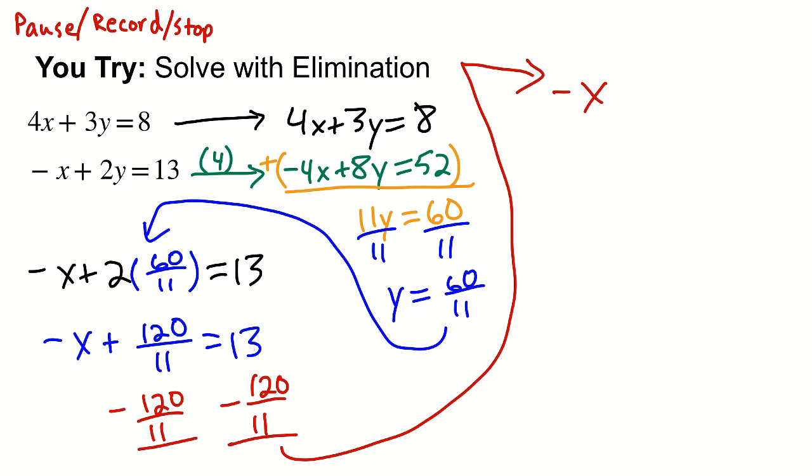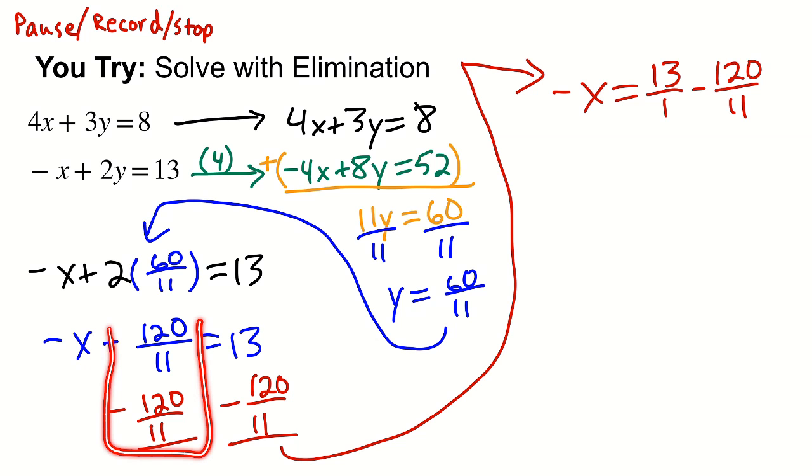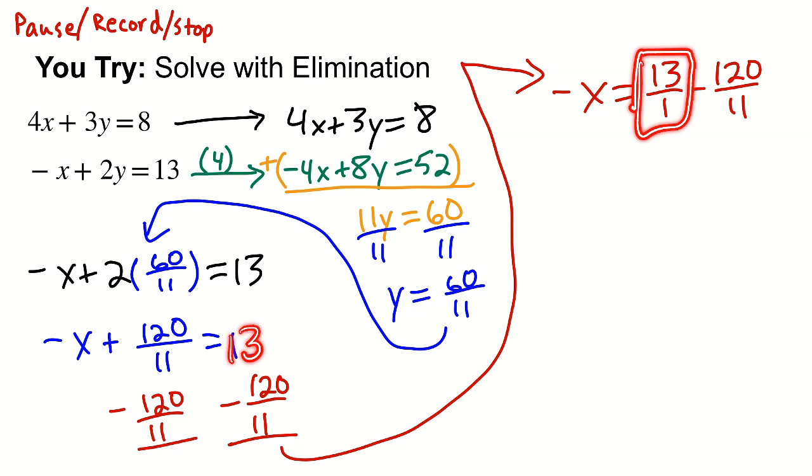So we have negative x is equal to, and this is the way I'm going to write it, 13 over 1, that's 13, minus 120 over 11. So are there questions about what I did there? So this makes a 0. That's why we're just left with negative x on one side. And then this 13 is right here, 13 over 1,